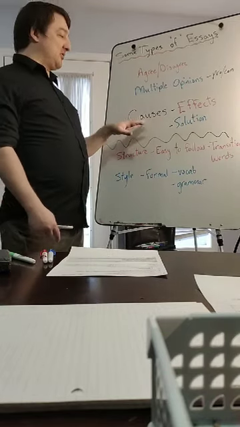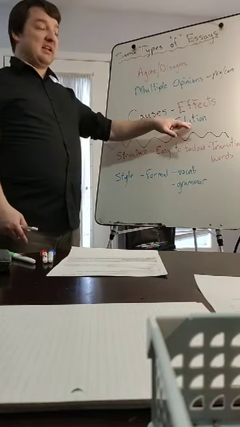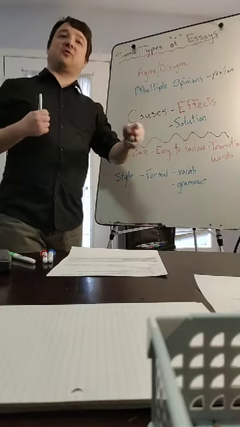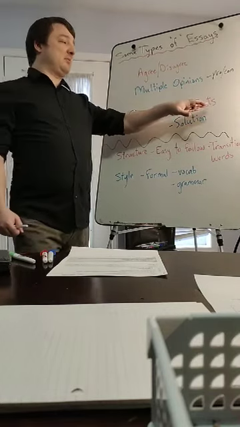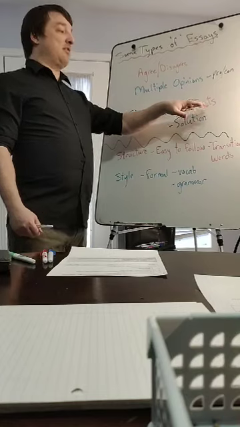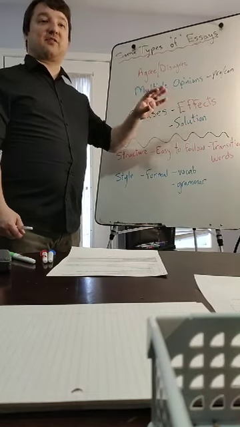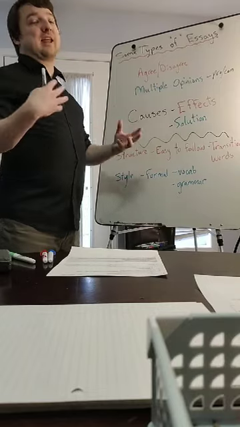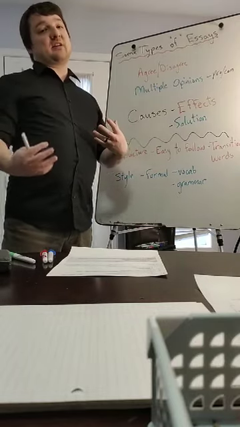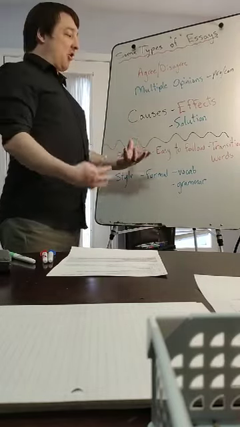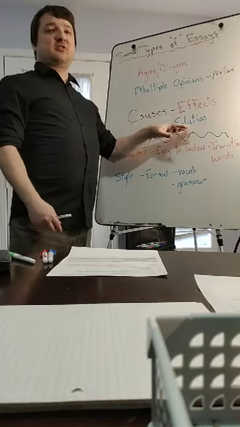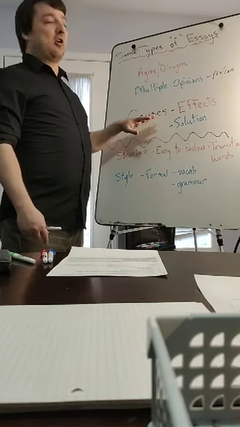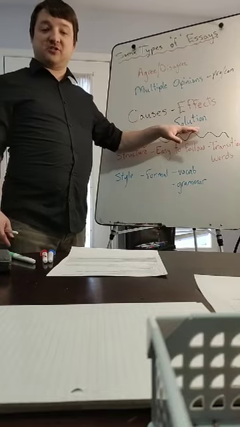Or solution. So this would start with the problem and how to fix it. So it comes from different ways. Often with cause and effect, you start with the effect first and then what caused that effect. In some cases, that's not always the best. It really does depend on the subject that you're talking about. With cause and solution, I find it almost always starts with the cause and then goes to the solution.